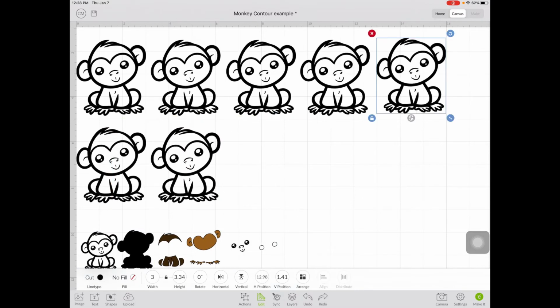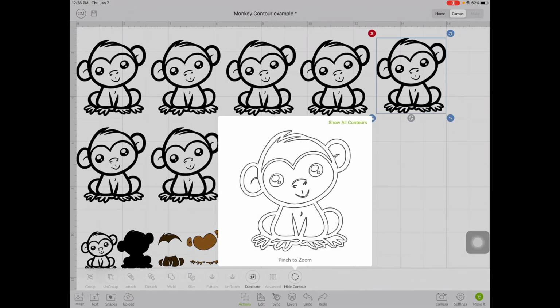And when you use the contour function, it is going to show up like this, right in the middle of your screen. So you want to make sure that you have the image that you're contouring over to the side, which is my highlighted piece over here. And then you're able to see what's happening, and what pieces are contouring out and what pieces are staying. So the first thing I'm going to do, which I do on